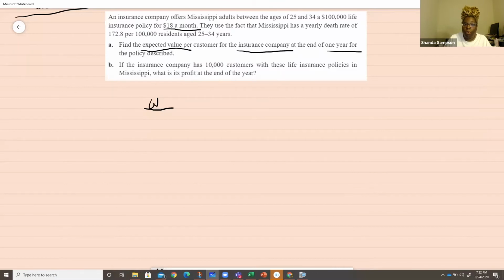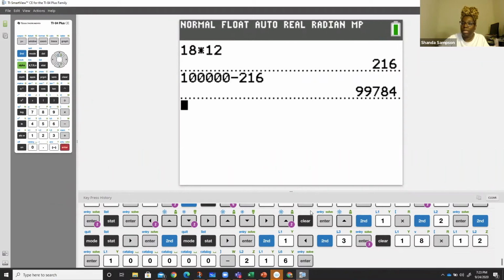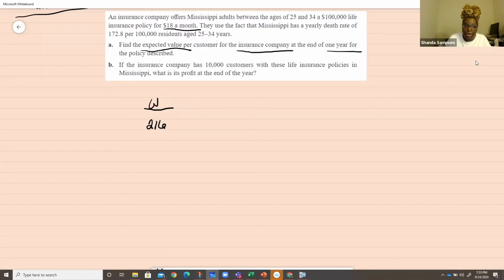So for them, a win is 216. So they would get $216, the insurance company. Or what would they lose? Well, if the person died, they would have to pay out a $100,000 policy. However, that's not what you get, because you always have to take out the amount of money that you paid into it. It would be that $100,000 policy minus the 216. So what the company actually is paying out is $99,784. So for them, that's a loss, negative